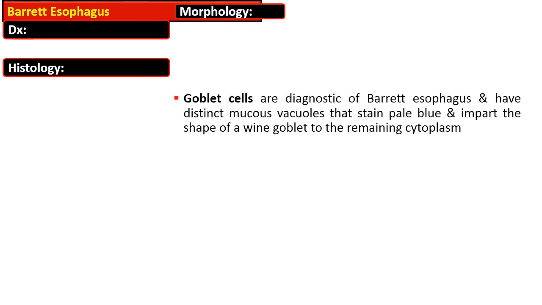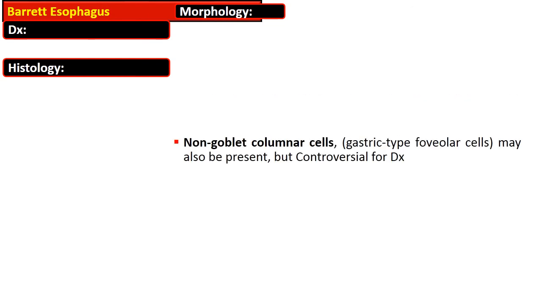The goblet cells are diagnostic of Barrett's esophagus and have distinctive mucous vacuoles that stain pale blue and impart the shape of a wine goblet to the remaining cytoplasm. The non-goblet columnar cell or gastric type foveolar cell metaplasia can also be present, but it is controversial for the